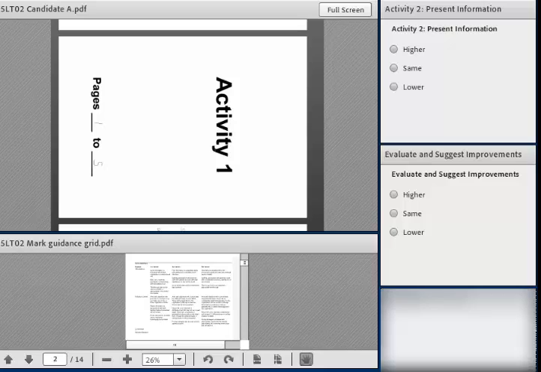As you can see, for this one, I don't want you to look at the plan. I just want you to look at present information and evaluate and suggest improvements. So have a look at these 2 parts of activity 2. If you get a bit of time, go through activity 3, because we do look at the planning for that one, and we did change the planning. So have a look at the plan for activity 3, because that'll come up in a little while, and see what you think about that as well.